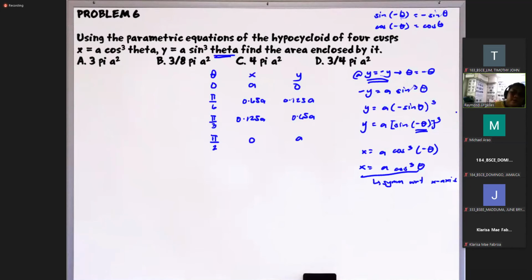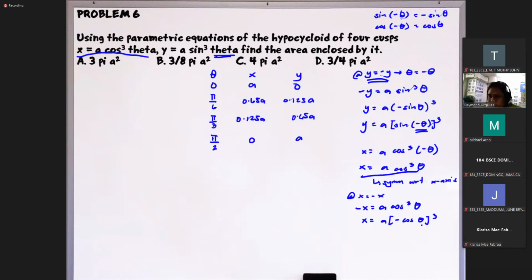Okay? Okay? So pag symmetric naman siya sa y-axis, diba? So then, okay, so you will get x is equal to negative x. Diba? So then, dito naman tayo magsasubstitute. Okay? So we have negative x will be equal to a cosine cube of theta. So our x will be equal to a cosine of theta multiplied by, so again, this is negative cosine of theta. So this quantity raised to the third power. Okay, okay ba? So kaya, yun yung magiging equation natin.